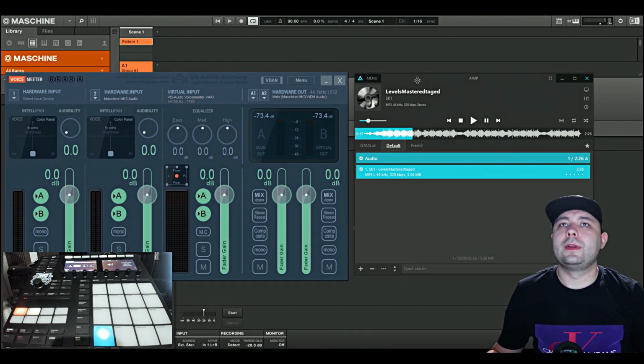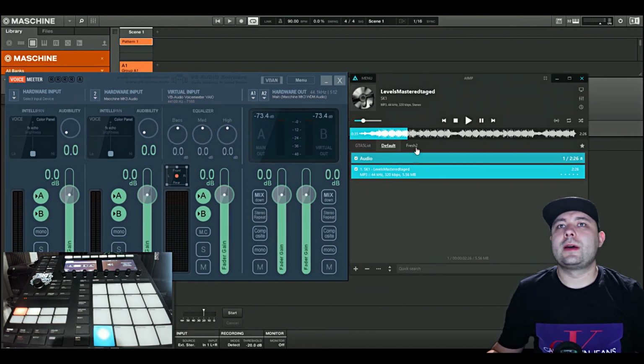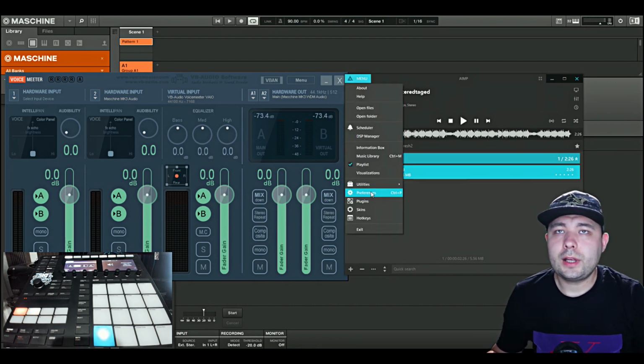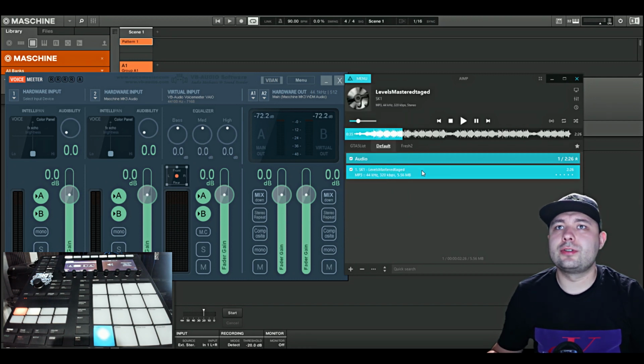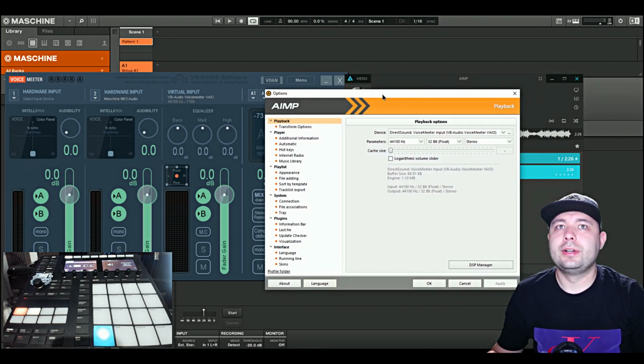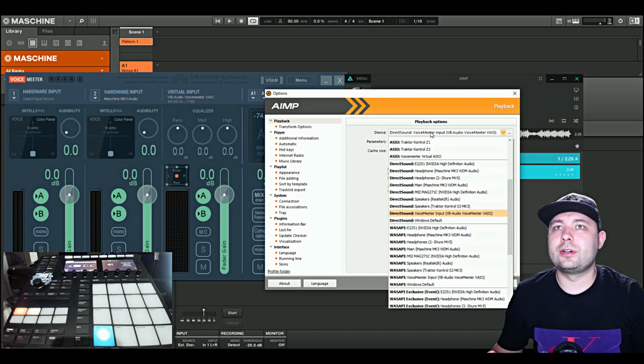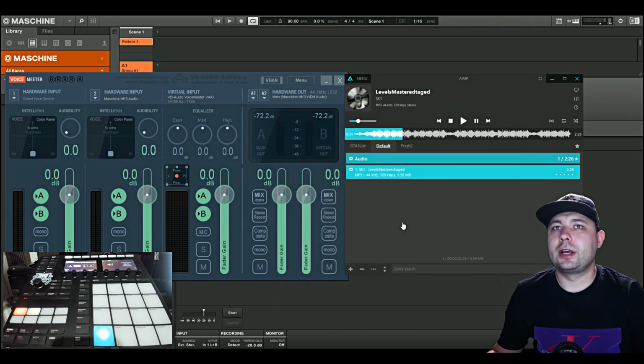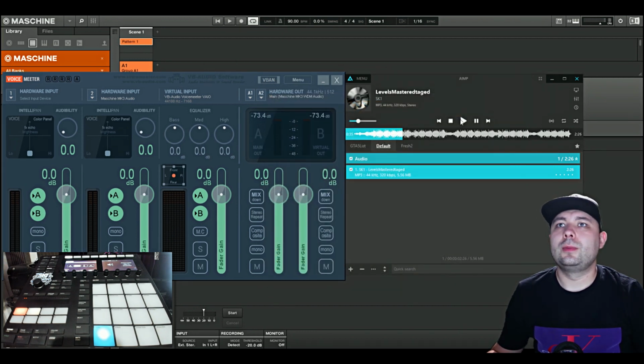So in this case, we're going to sample my media player, and if you have a player that allows you to select different inputs as well, you need to make sure that the Voicemeeter input is selected. Your bitrate, stereo, you're happy with that, you press OK, and when you play it,